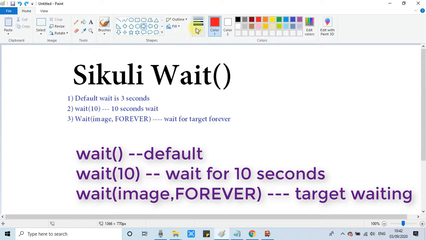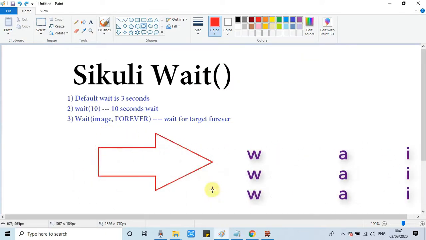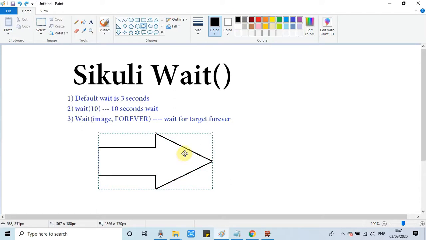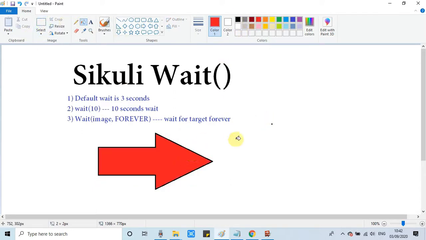I will describe one scenario here. I am taking a simple example in which I will look for a particular green signal, and we will make Sikuli wait for the green signal. Forever is a constant, which tells Sikuli to periodically check for a green signal. When we get the green signal, the wait state will be over, otherwise it will keep waiting for the green signal.